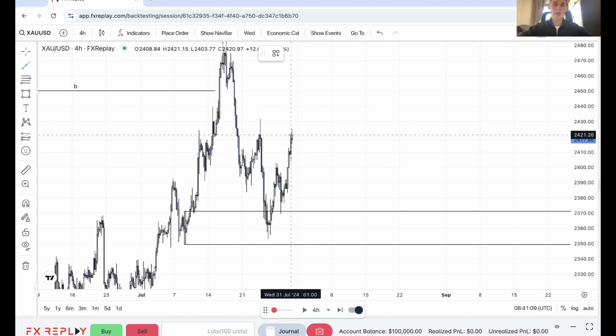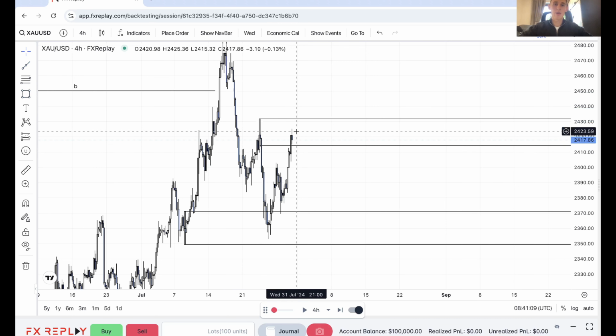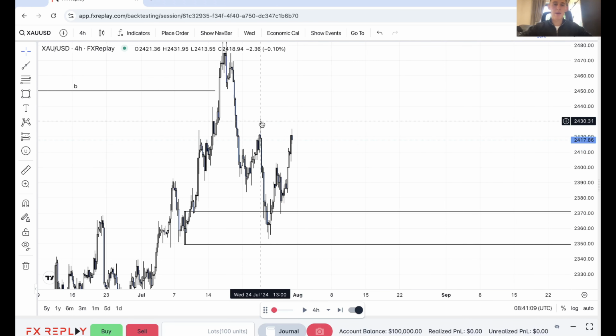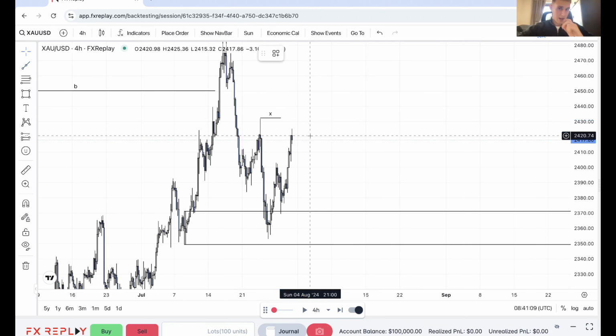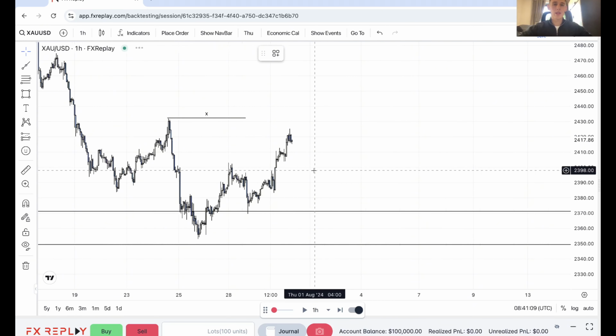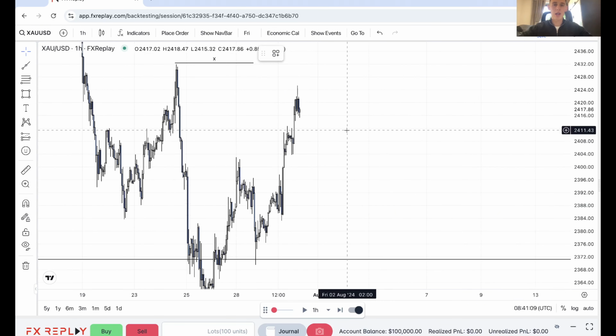And I think most people are going to be seeing this as a sort of supply zone to sell from. And because of that, you have a lot of liquidity resting above this area. So straight away, my idea right now is to look for buys up into these previous highs. So if we head over to the 1 hour to see the structure more clearly,